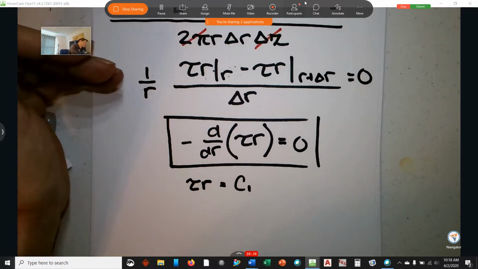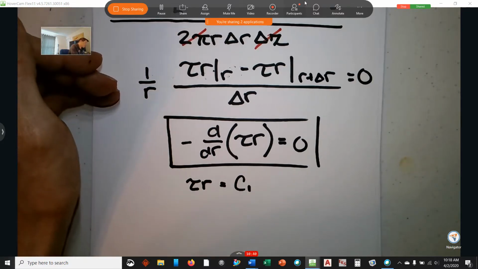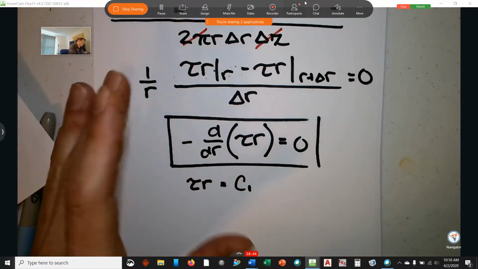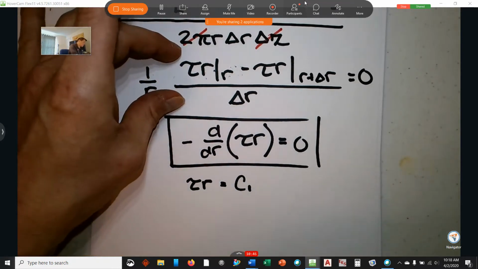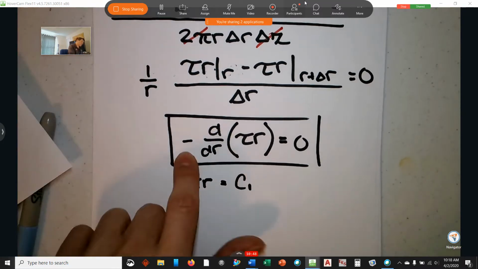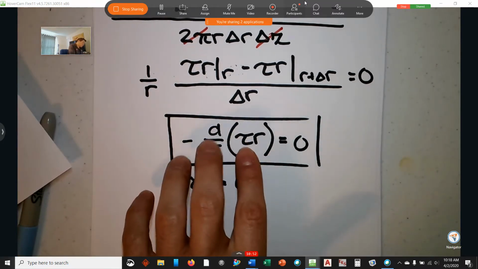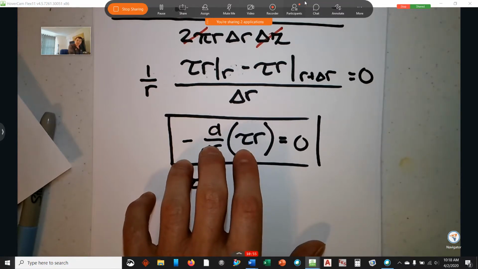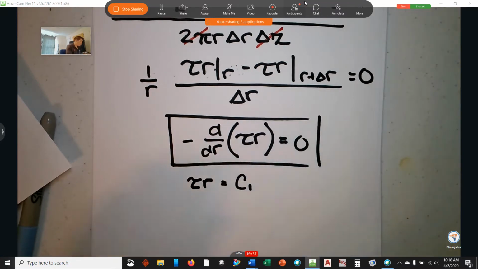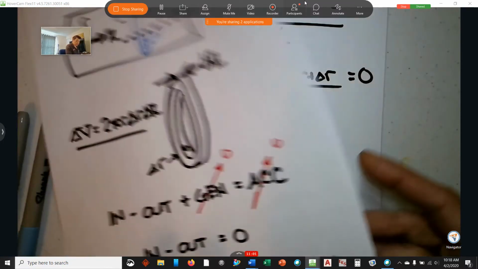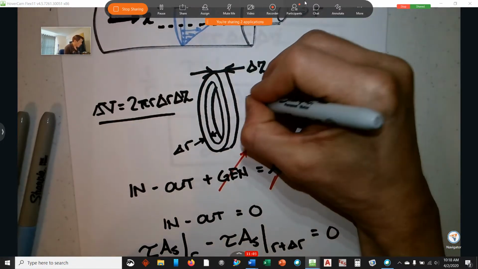We took our limit of delta r as it goes to 0. We know 1 over r does not equal 0. And so if we take the limit of this function as it goes to 0, we get negative d/dr of r tau_rz equals 0. We need to find something to replace this tau with. So we need to identify what tau we're looking at here, right? We have tau